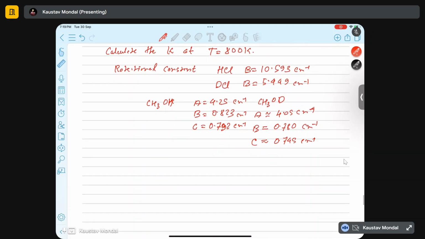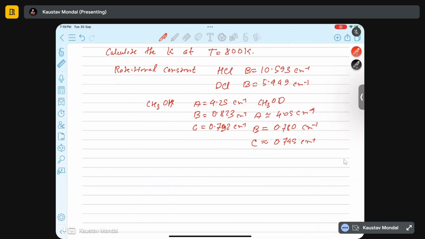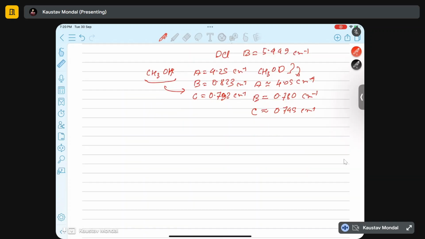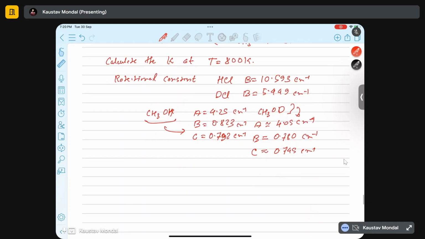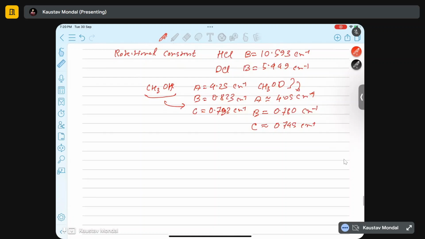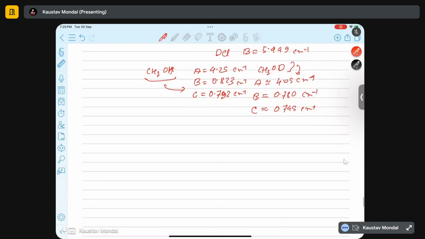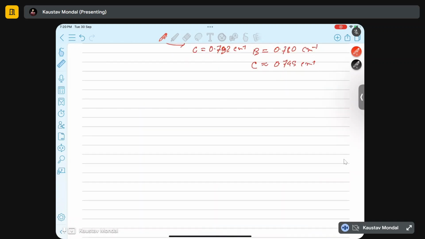Now these are the rotational constants given. Since these are nonlinear molecules, CH3OH and CH3OD, these have three rotational constants for the 3D case, right? And we will come into how this whole thing is affecting the partition function. Let me first write all the information. And lastly, for the vibrational case,